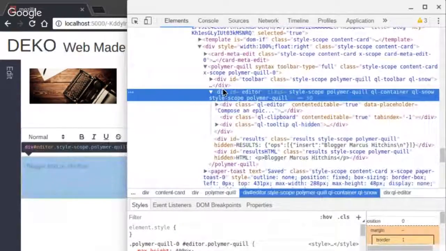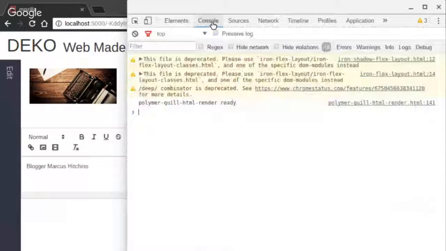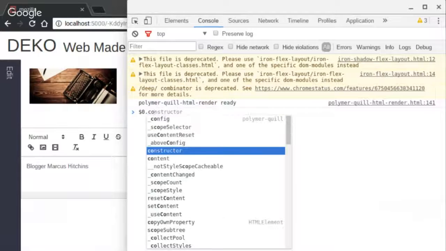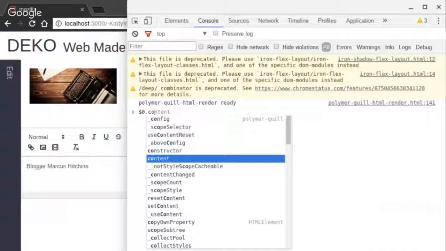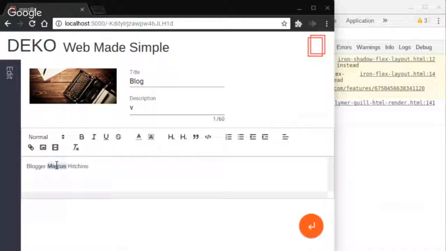So where's my editor? Quill editor. There we go. So let's bring up the console. $0 dot content. So as you can see, the operations are then boiled down to the minimum amount of operation it needs to make that actually happen. So if I was to bold my name,